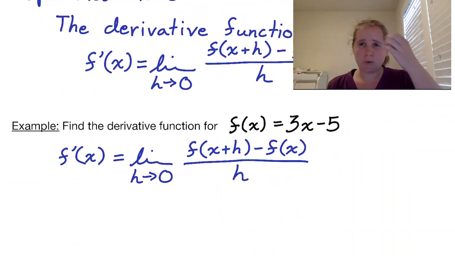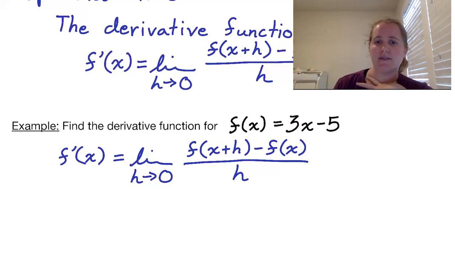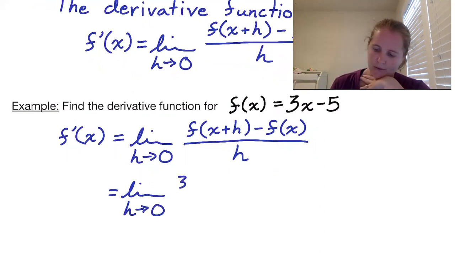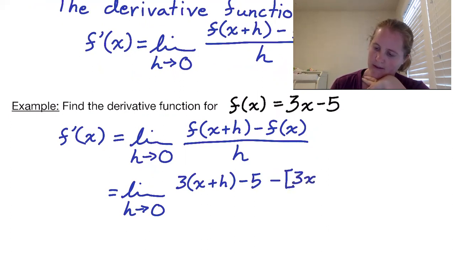This is a fairly simple function without any squaring, so I'm just going to plug everything straight into the formula. So we have the limit as h goes to 0 of 3 times in parentheses x plus h minus 5, minus, and in parentheses 3x minus 5,